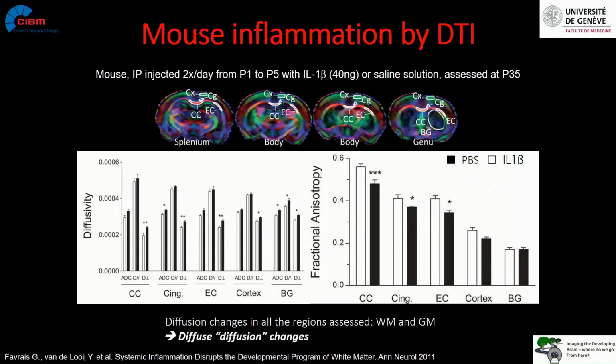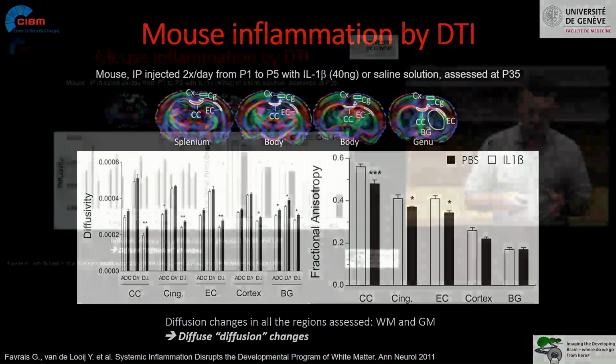This is another study of mouse inflammation. We assess by DTI, so it's really a characterization. It's a mild model. They were IP injected from P1 to P5 with an interleukin or a saline solution. And we looked at different white matter and gray matter regions, and we saw some changes in all the regions